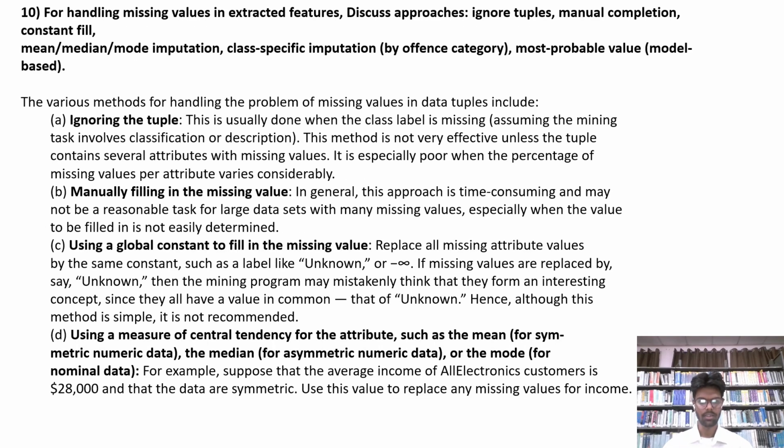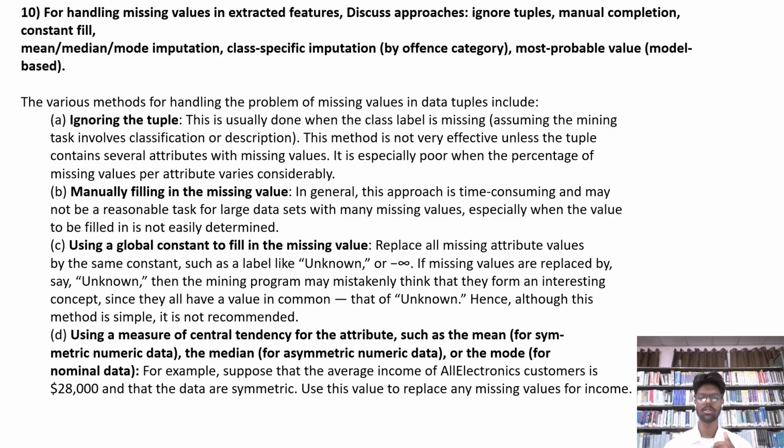Next, we have question 10. In this, for handling missing values in extracted features, discuss approaches: ignore tuples, manual completion, constant fill, mean, median, mode imputation, class-specific imputation by offense category, and most probable value, the model-based. The various methods for handling the problem of missing values in a data tuple include A, ignoring the tuple, B, manually filling in the missing values,